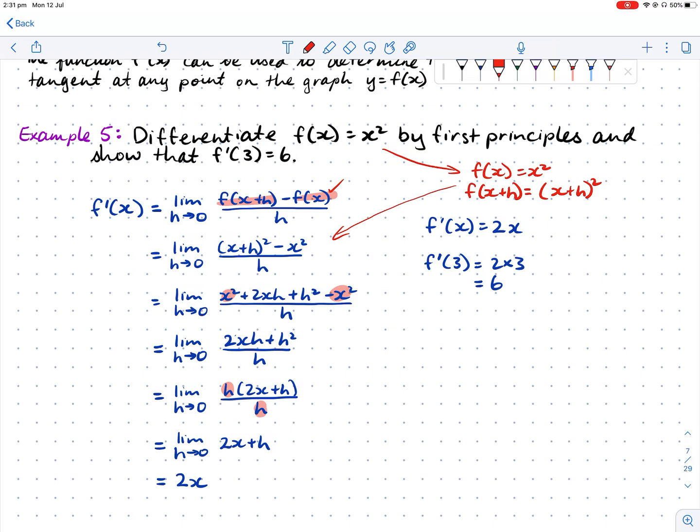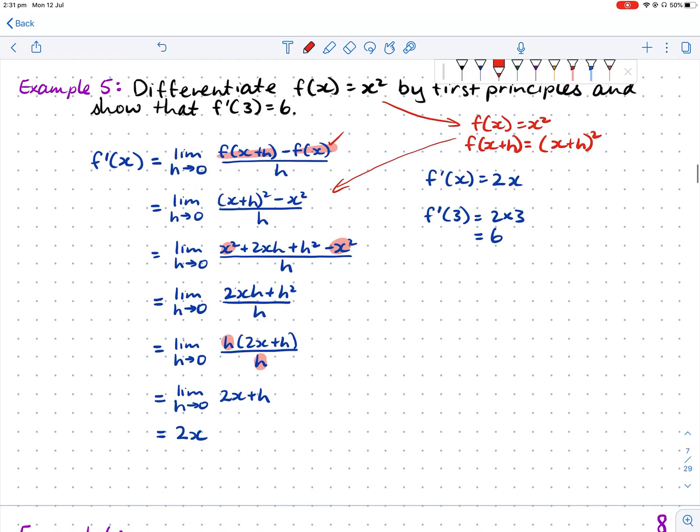With that substitution, we're going to expand and simplify. So when we expand, we can cancel the x squareds, and then we've got 2xh plus h squared over h. Right there, if we factorize out the h's, then we can cancel those h's. So we've got the limit as h approaches 0 of 2x plus h. And you can see now we don't have an h in the denominator, which means we can substitute h into